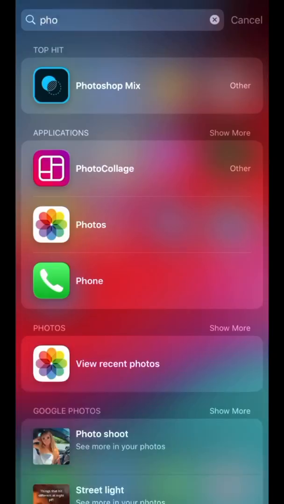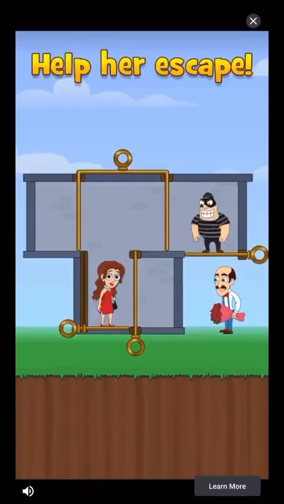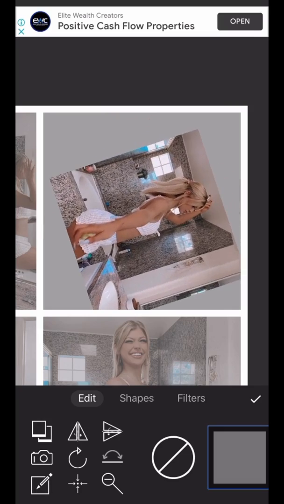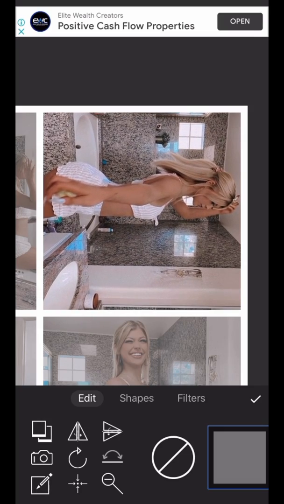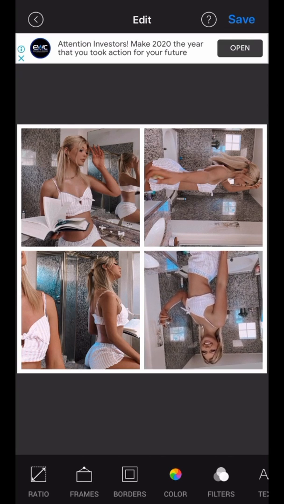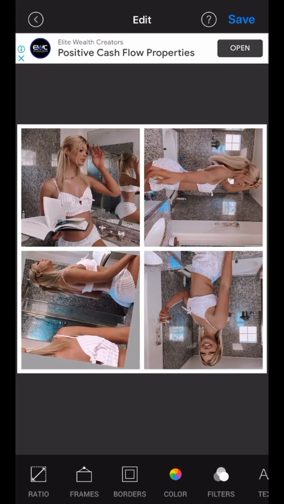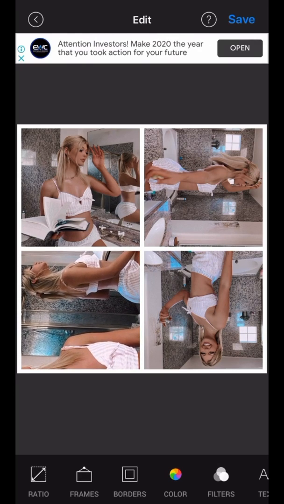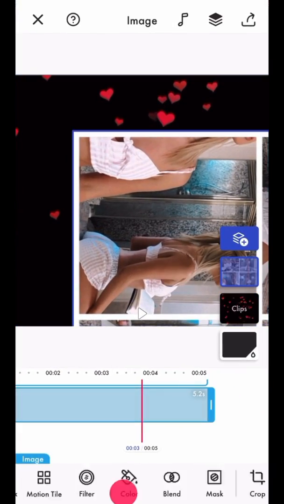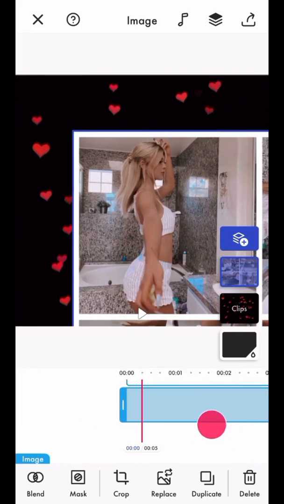Now heading back into Photo Collage. Let's go. And now you want to think when you rotate it what it's going to be like. So they are going to be like this. Now saving that, I'm just going to replace this. As you can see,